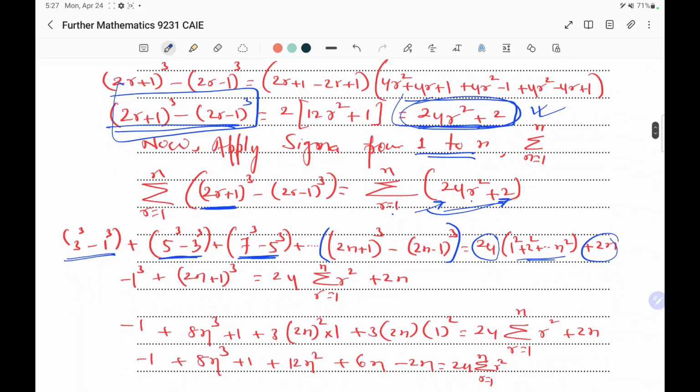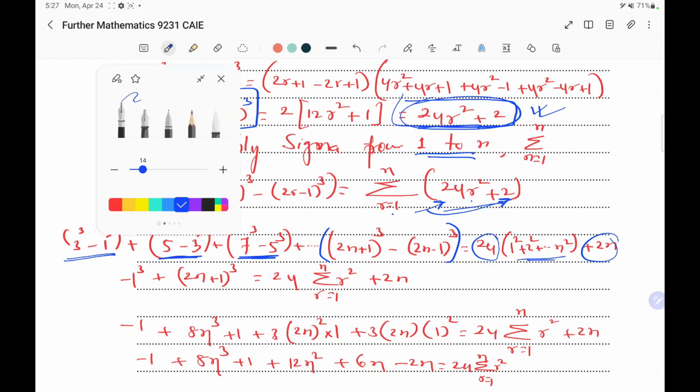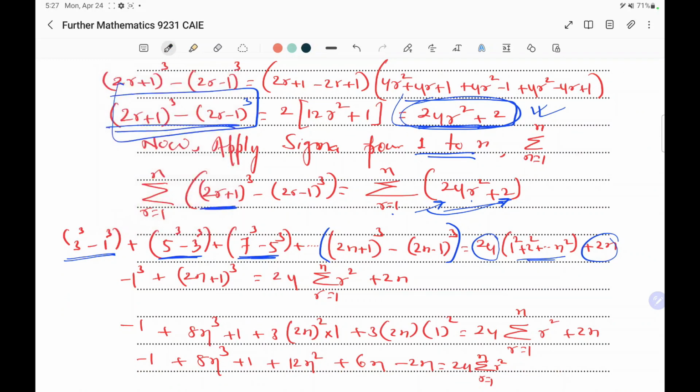Now here we need to do very important stuff. What is that? Cancellation. This first term is cancelled by the last term. If we compare these two, this 5 cube has been cancelled by the last. It means the last term will be cancelled. You will be left with (2n plus 1) whole cube and minus 1 whole cube. So here you can check minus 1 whole cube and (2n plus 1) whole cube, and this is 24, and